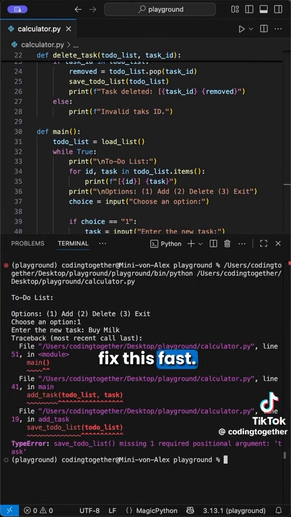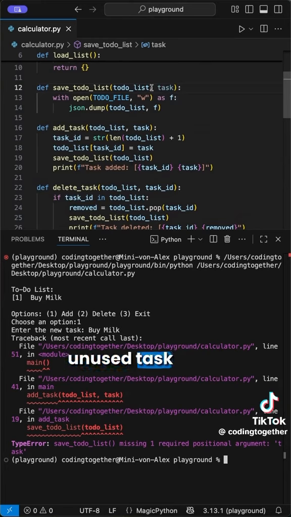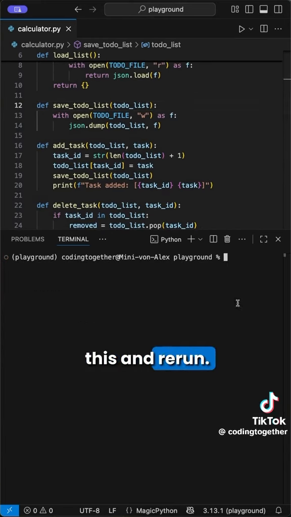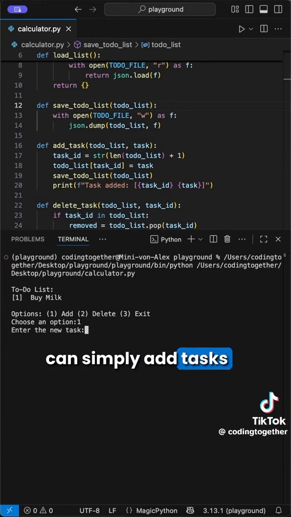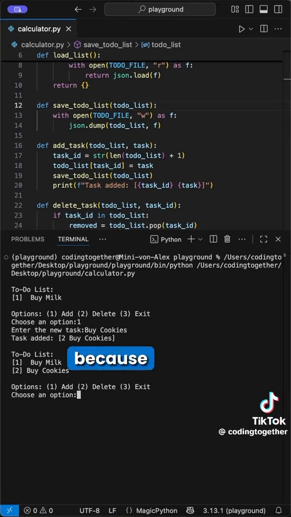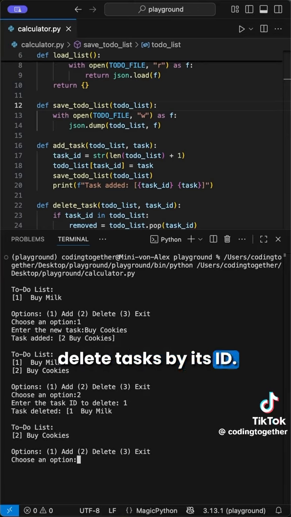Ups, let me fix this fast. In the save function, there is an unused task input. Let's delete this and rerun. Okay, now you see, we can simply add tasks to the list by picking option 1. And as we see, the list was saved properly because the milk appeared from the previous run. By picking 2, we can delete tasks by its ID, and with 3,